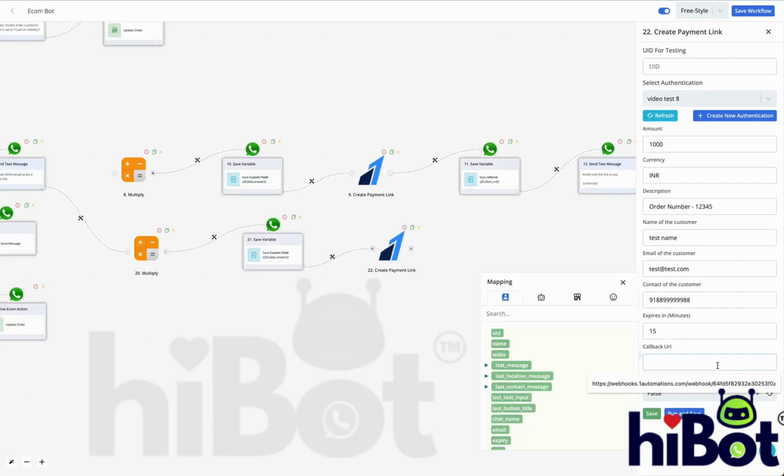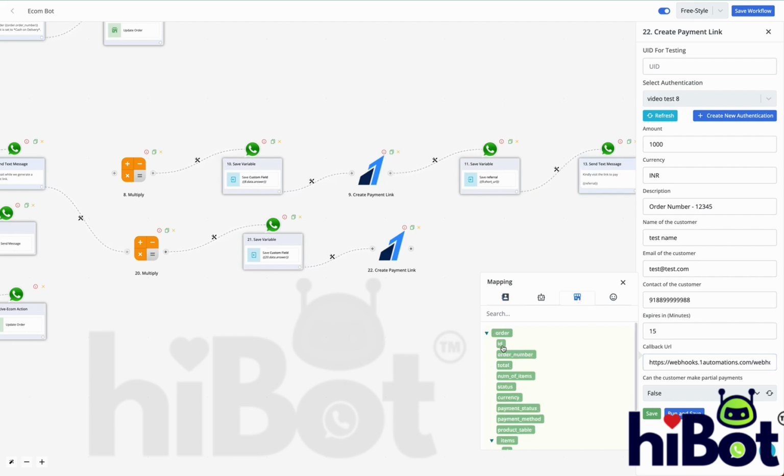This is basically used to get sample data in the webhook. So I'm first pasting the webhook URL or the callback URL here. Now after this, I also need to know what the order ID is for which the customer paid. So I have entered question mark order ID equals to, and here I have selected the option of e-commerce and then ID,